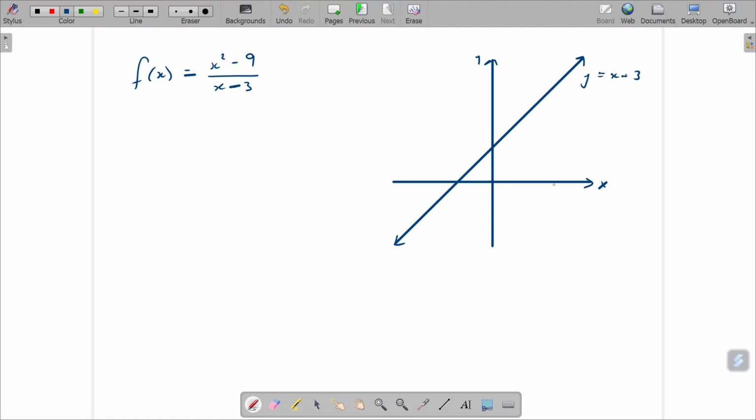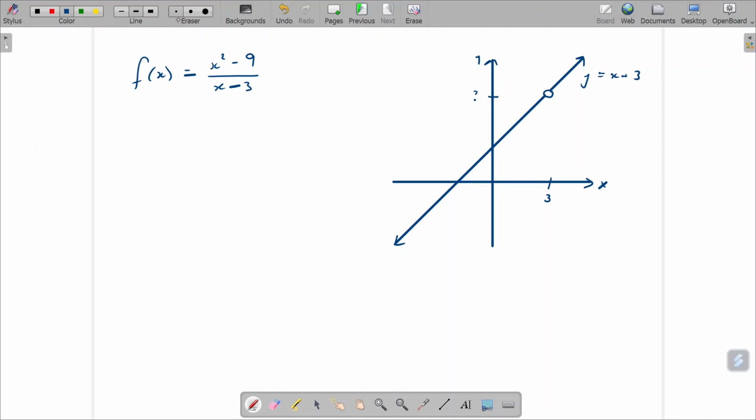And interestingly, this graph looks very similar to the graph of y equals x plus 3. Except if you were to zoom in on 3, the value at 3, you would notice that there would be a very small opening in the line. The line would have a very small gap in it. And I know you'd have to zoom in. I know this is a hand drawing, but if you zoomed in, there'd be a very small hole in the graph. And the question which we're really asking is, what is the y value at that